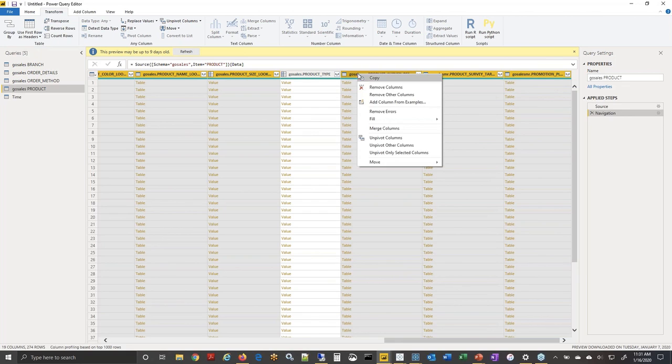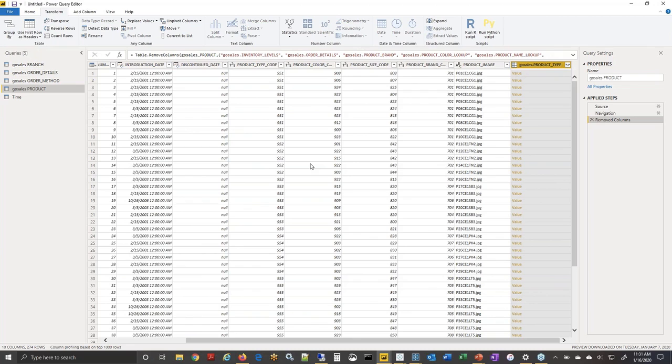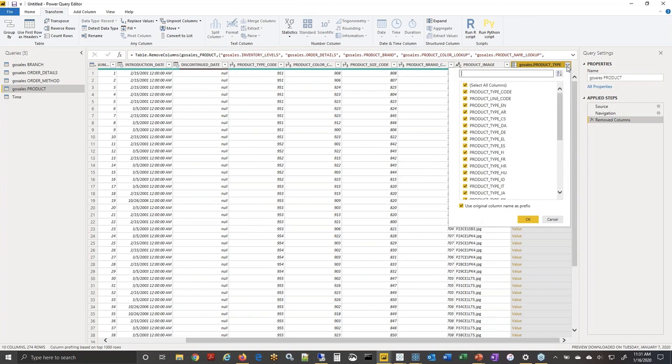For purposes of this demonstration, remember what I'm trying to do is create a product dimension. So I'm going to get rid of all those other table references except for product type, which is the next level in my hierarchy, kind of a subcategory. And they have a nice expand functionality, which shows me all the columns that are in that product type table. I don't want anything but the product type information and the product type in English,